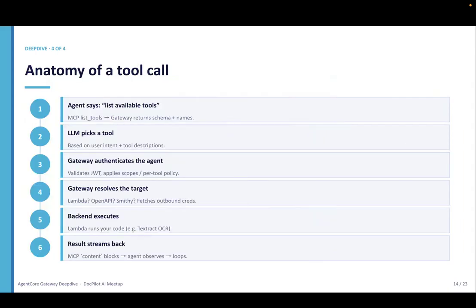So in your gateway itself, you have a list of tools, and it will give the schema and what tools are available, and the LLM picks which tool is needed for your intent, calls it, and then identifies the payload you are getting. Based on the payload, if you're getting a PDF file, the first step action in your agentic flow is to use Textract to extract the content, and then it does the validation.